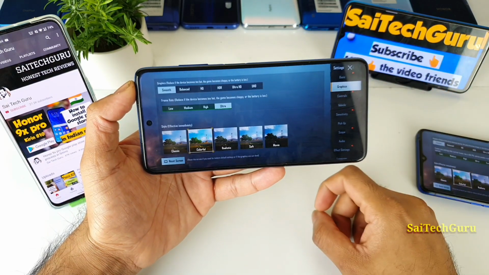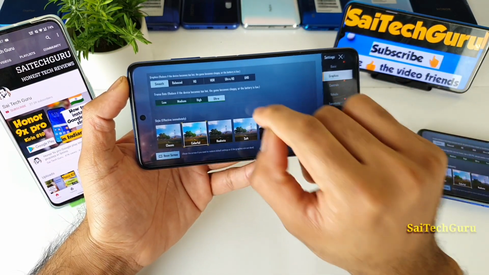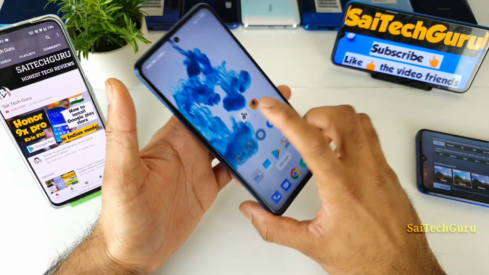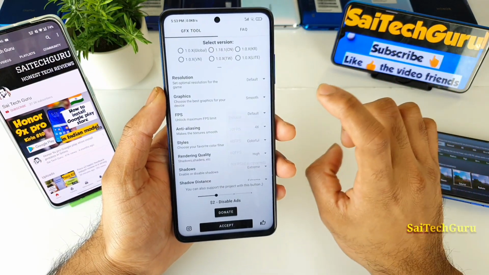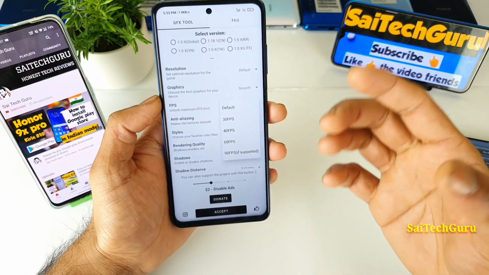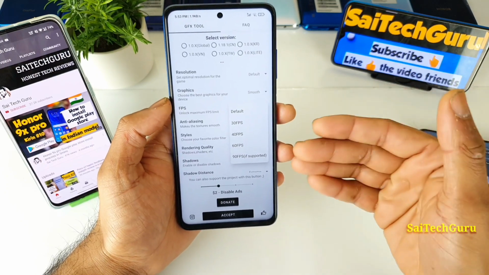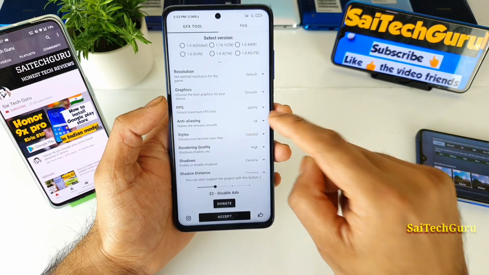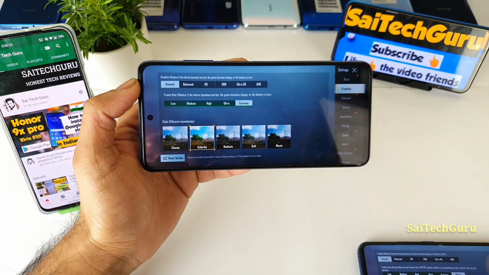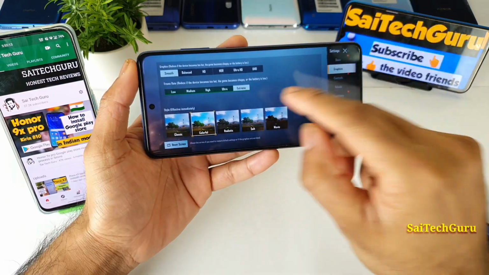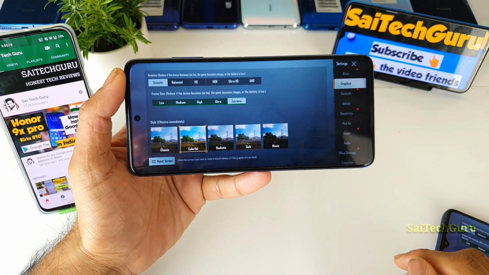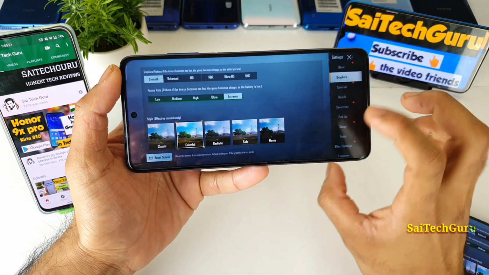Go to the settings and graphics. As you can see friends, you cannot see any extreme options. The thing I noticed multiple times is that, let me get back to the GFX tool, if you select 90 FPS, you won't even get the smooth and extreme options. So there is one drawback using this GFX tool or any other GFX tool at the moment on the Poco X3 device. Now let me select 60 FPS and select global. As you can see here friends, as soon as I select 60 FPS as an option in the GFX tool, you get back the smooth and extreme settings. If you choose 90 FPS, you won't even get this option. That is one disadvantage of using this GFX tool application.